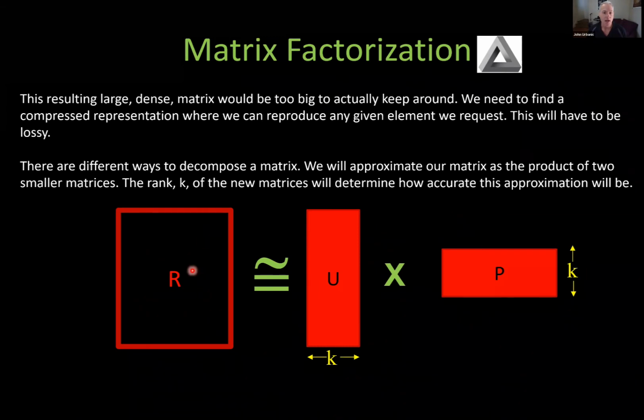Now, we have a very large matrix, 8 billion elements, as we said, in this particular case here. And we can imagine today it would be even much larger. This is only 17,000 movies. We can imagine there are a lot more movies and maybe a lot more users these days as well. And so that becomes a difficult matrix to manage. And so we're not going to try to manage the whole matrix. Instead, we're going to try to compress the matrix down into a couple of smaller matrices.